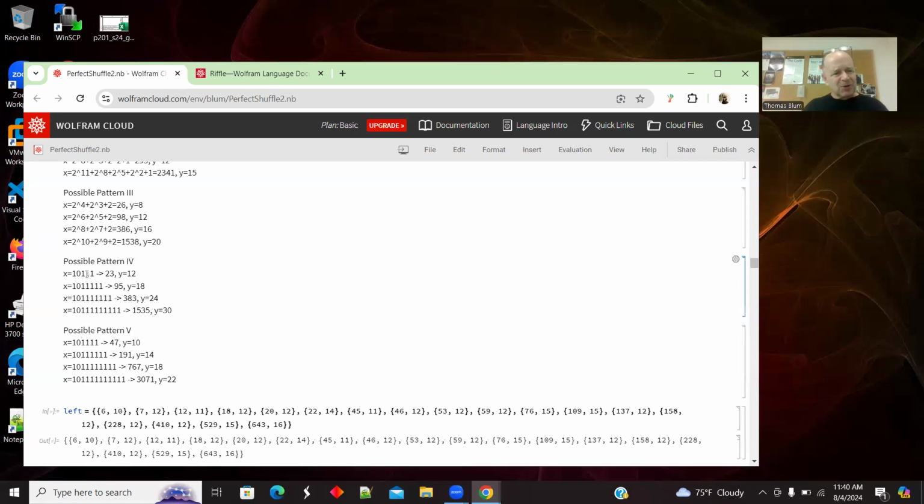And here's a similar pattern, but this was 1, 0, and then an odd number of 1s. This was 1, 0, and then an even number of 1s. And those y's were 10, 14, 18, 22. So these are going up by 4s. Those are going up by 6s. And then